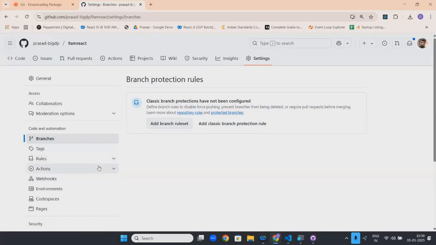You can set the rules. You can even put in actions that are automatic. If you just see now, when I pushed into first contribution, do you think they checked my code? Automatically they did auto merging. That one they put in as an action rule. Like this you can do so many things. I want you to explore more and more so that you get a better idea on these things.